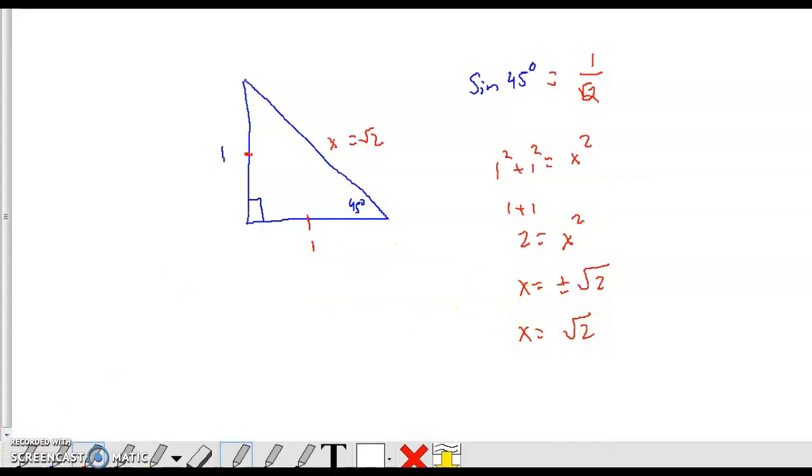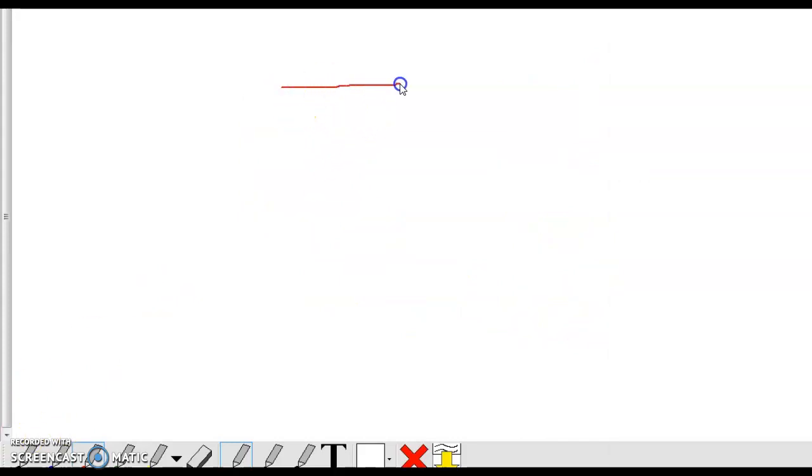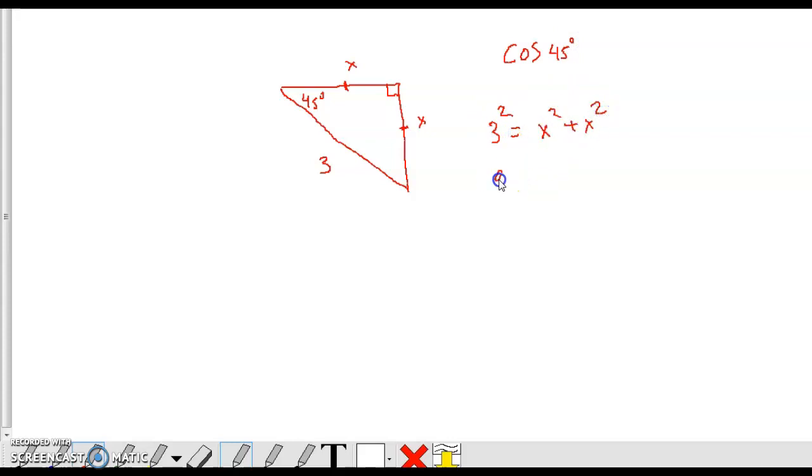Okay, let's try a different one. So what happens if I have it looking like this? So this time, I say that this side is 3. So again, this one side doesn't have a radical, but I do know that these have to be even. So let's put x and x here. So again, I want to know the cosine of 45 degrees. So I'm going to say 3 squared is equal to x squared plus x squared. So 9 is equal to 2x squared. I'm going to divide both sides by 2. So I'm going to get 9